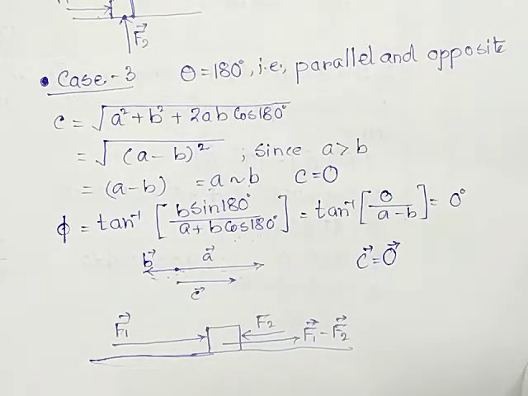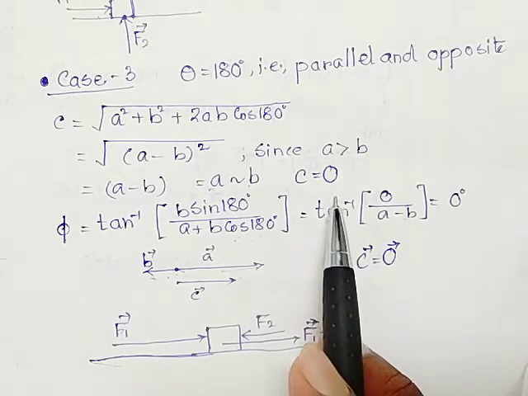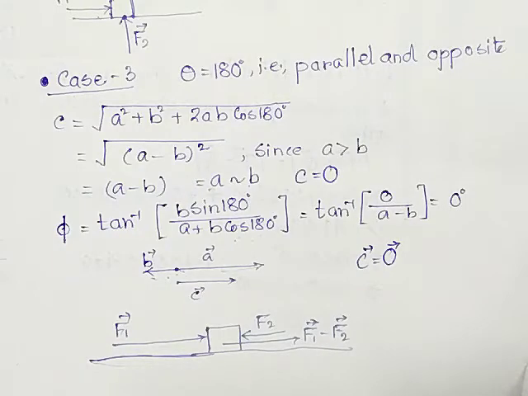If the two vectors are equal and opposite to each other, at that time the resultant will be a 0 vector. So 0 vector means the total force, the resultant force acting on it is 0. Okay, so this is the thing, and the significance of the zero vector I discussed in the previous lectures. You just see the previous lecture, you will understand very easily what is the significance of the zero vector in mechanics, in mathematics, in vectors.